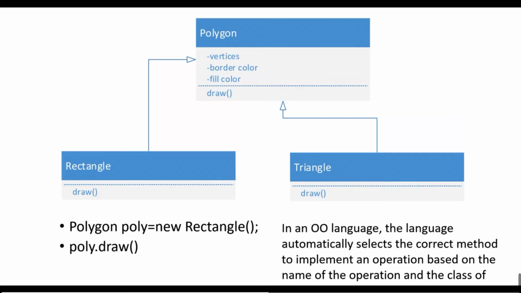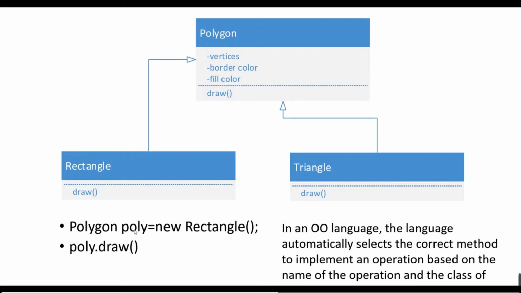In the language, in the calling of the method, we needn't specify which implementation to call. It will be automatically selected by the language. For example, like this, the polygon, we new a rectangle, and the polygon is actually a reference to